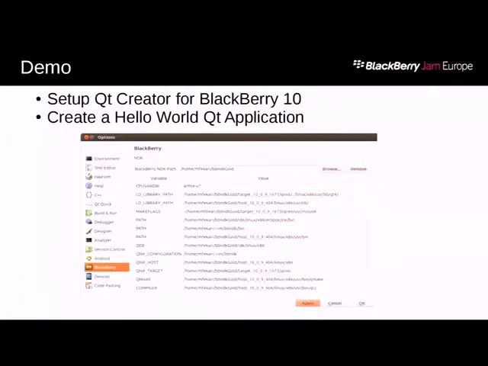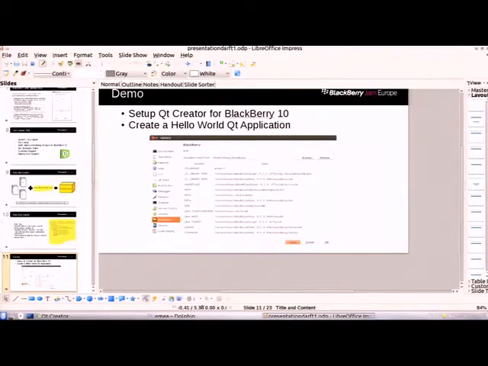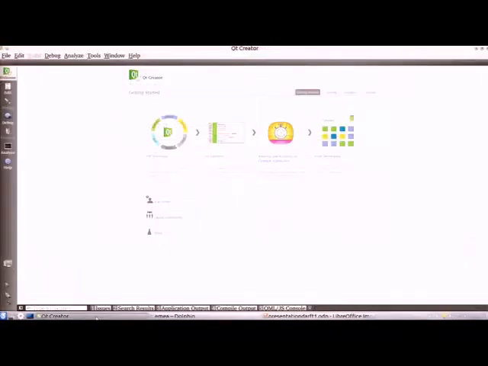OK, so now I will quickly show you how to set up your environment using Qt Creator. I will need to sit first. OK, thank you. This is here, Qt Creator is here. So basically,